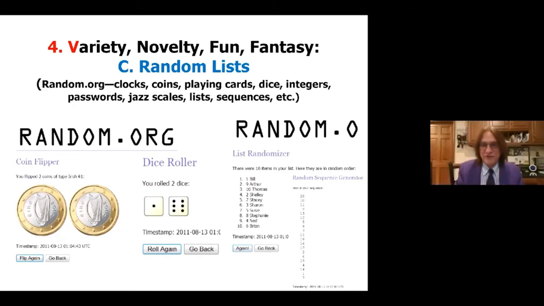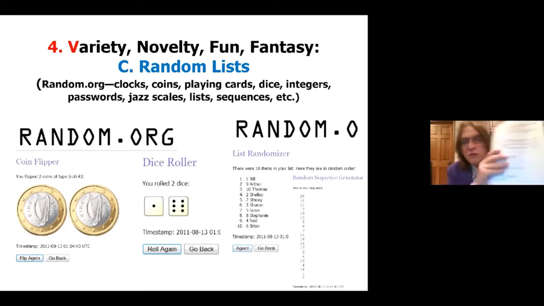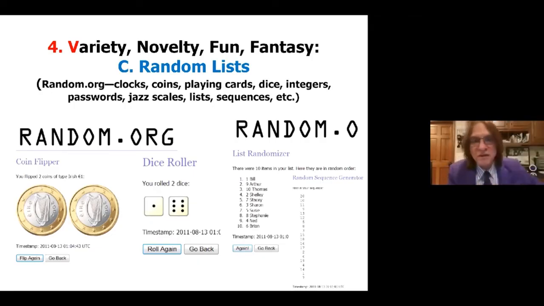The computer selects. I have my computer select my agenda when I present. What items on my agenda am I going to go through first, second, third, fourth? So random.org lets you teach a class differently, so you're not the same boring person every day. It's a little different using random.org.